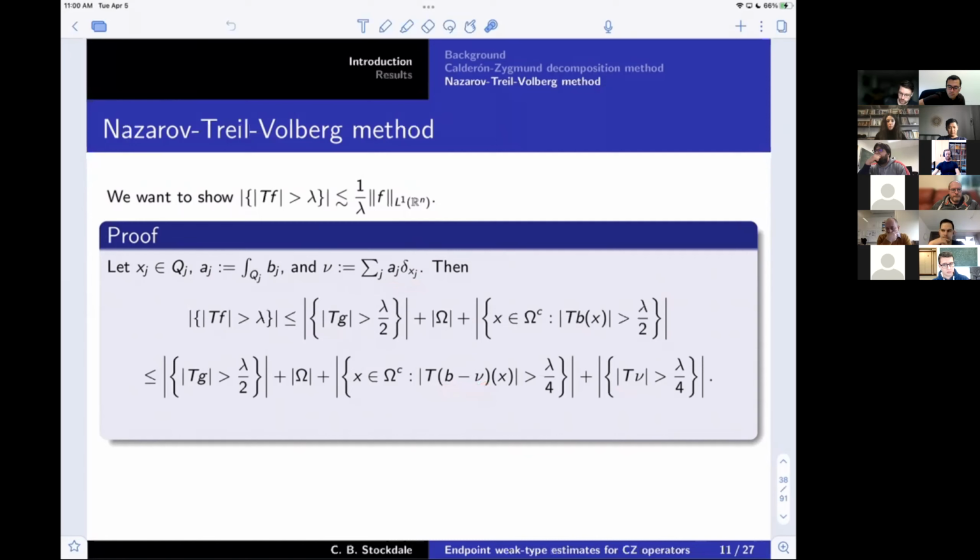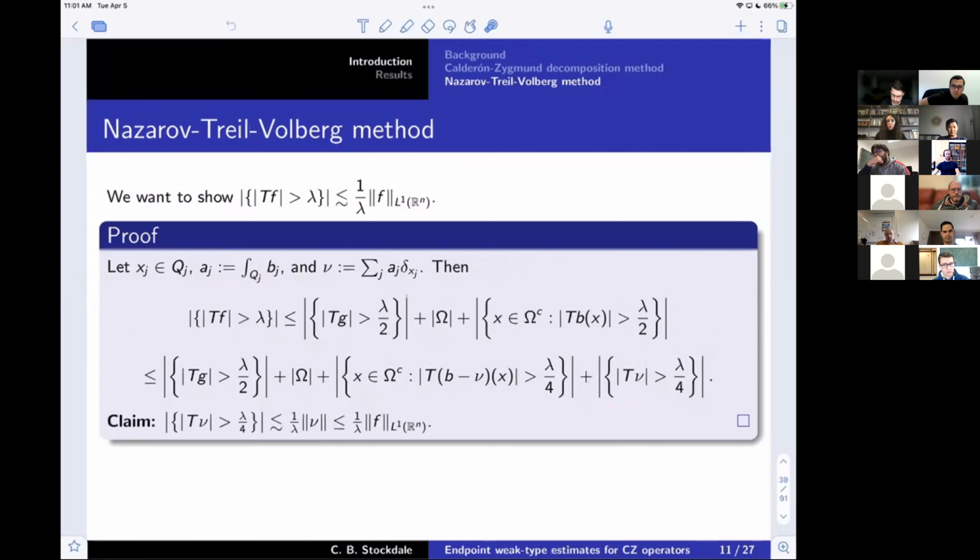So the crux of the Nazarov-Treil-Volberg argument, by doing a simpler decomposition, is that they reduce matters to proving the estimate on a linear combination of Dirac masses. That's really the main idea that they have. You reduce the weak L1 to studying the weak L1 on a linear combination of point masses, which is a common theme in harmonic analysis. Typically, I've heard it referred to as a pointillist principle, where you reduce matters to studying these singular measures,